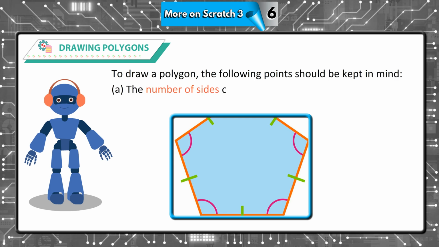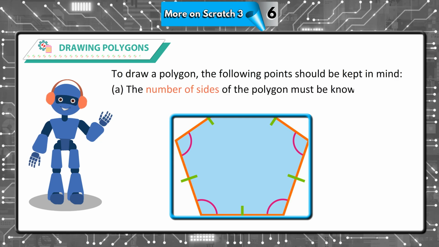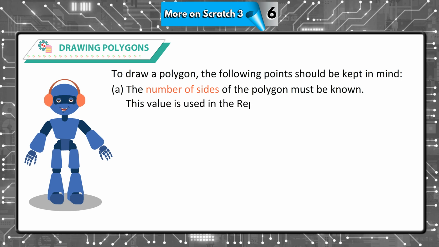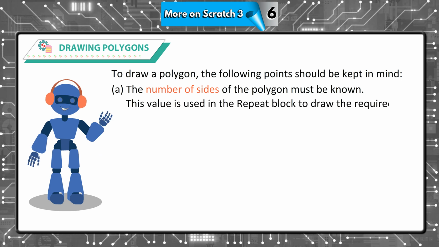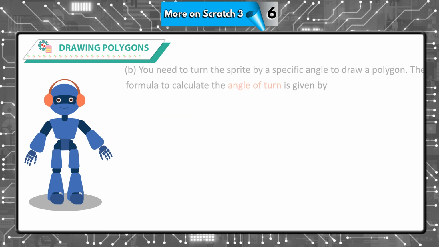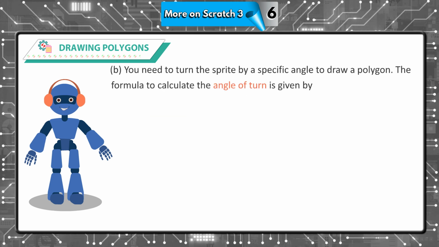A. The number of sides of the polygon must be known. This value is used in the repeat block to draw the required number of sides. B. You need to turn the sprite by a specific angle to draw a polygon. The formula to calculate the angle of turn is given by